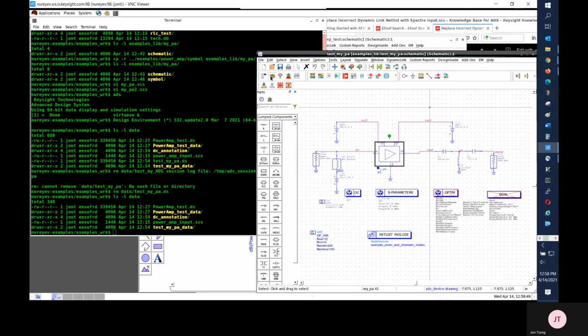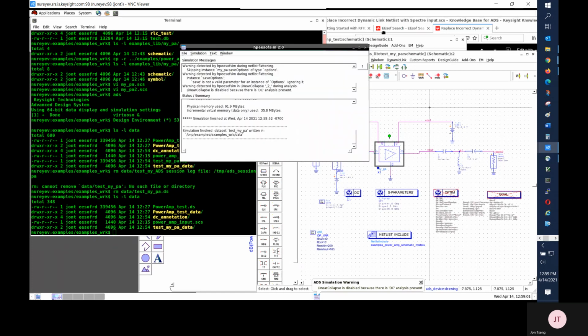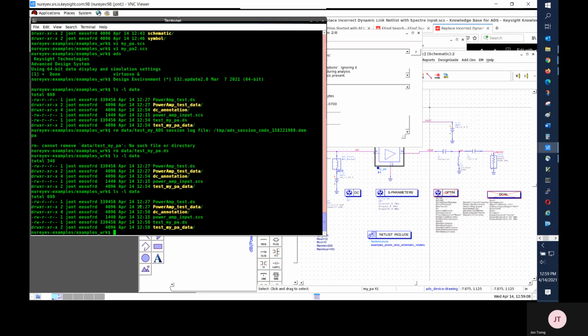Click the gear icon to run the simulation, and the dataset is created under the data directory. This concludes the demonstration of how to use a Cadence schematic design in an ADS simulation without using dynamic link. Thank you very much for watching.